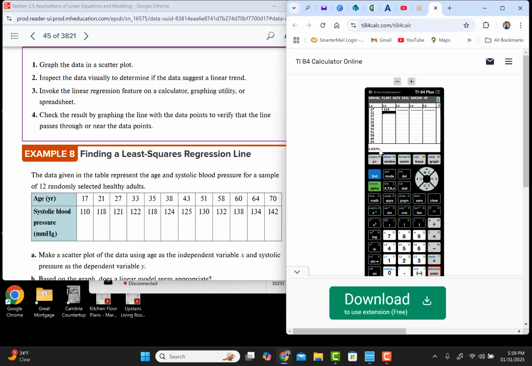110, 118, 121, 122, 118, 124, oops, 125, 130, 132, 138, 134, 142. All right, now, if you visually look at the table, you want to make sure you have the